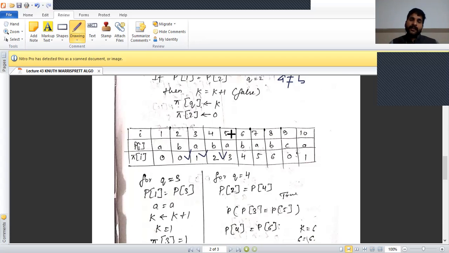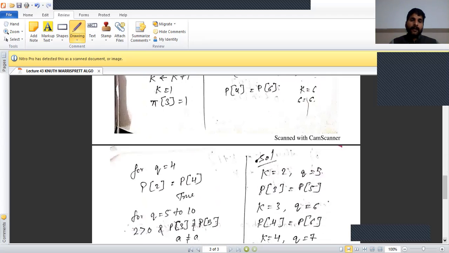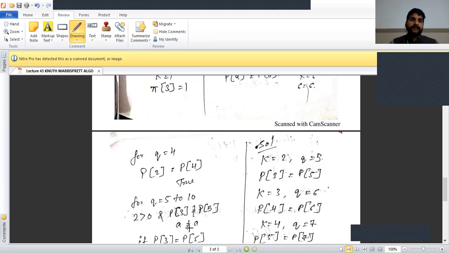k is greater than 0, while loop check. First we check the while loop, k greater condition satisfied, but pk plus 1 is not equal to pq, according to q equal to 5. 2 greater than 0 condition, p3 is not equal to p5, condition is false, a equal to a, condition is false.